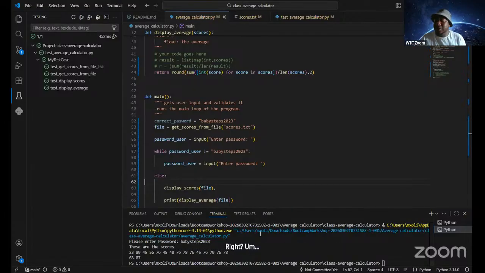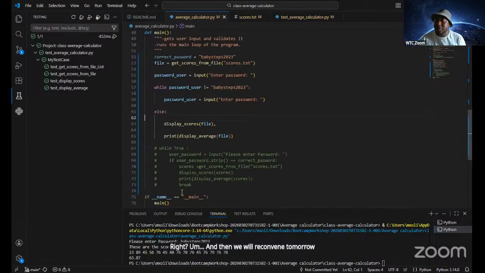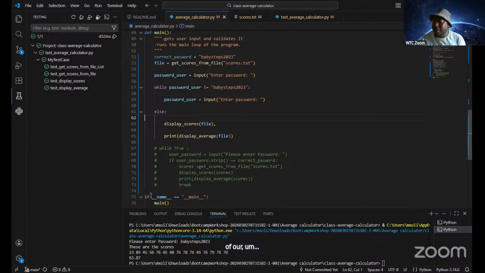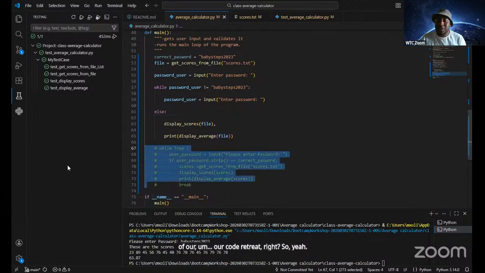And then we will reconvene tomorrow. Tomorrow we will be playing an engaging and fun game as part of the last day of our code retreat, right? So yeah, I think that's about it.